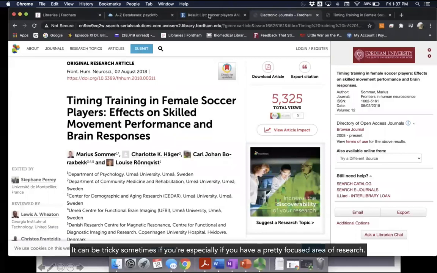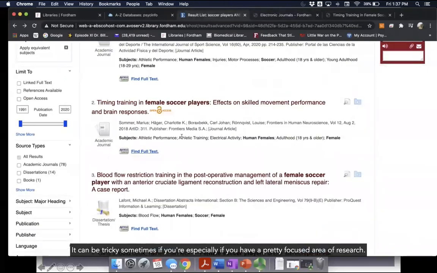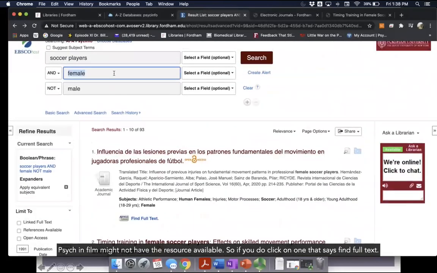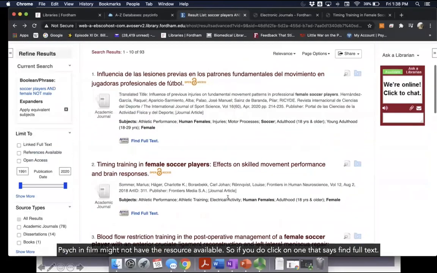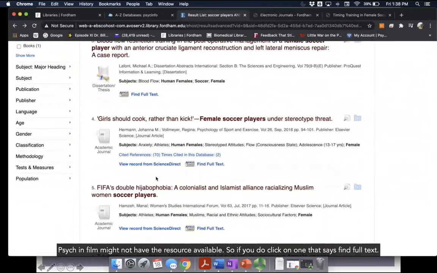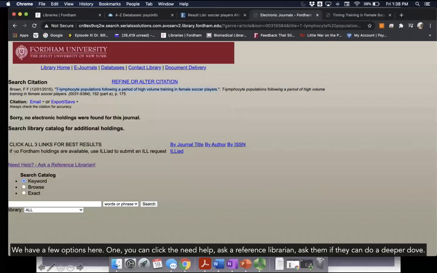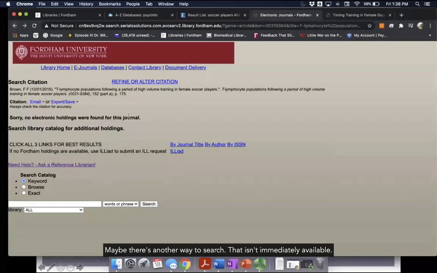It can be tricky sometimes, especially if you have a pretty focused area of research. PsycInfo might not have the resource available. So if you do click on one that says find full text, and it brings you to this page, this means that it's not readily available in PsycInfo. So you have a few options here. One, you can click the need help, ask a reference librarian, and ask them if they can do a deeper dive. Maybe there's another way to search that isn't